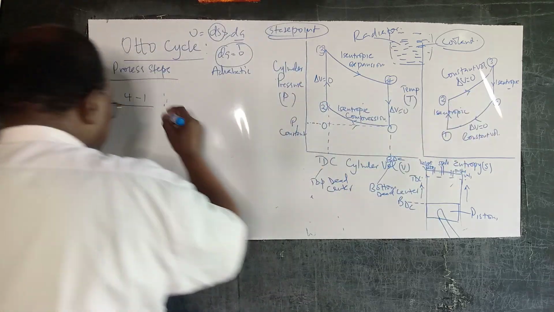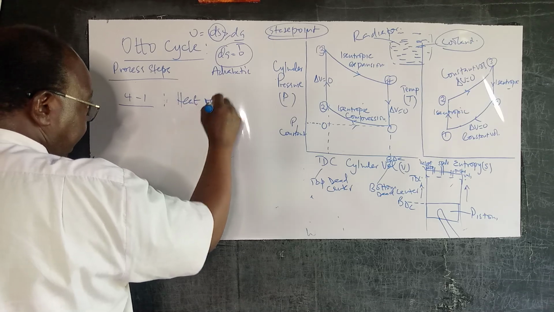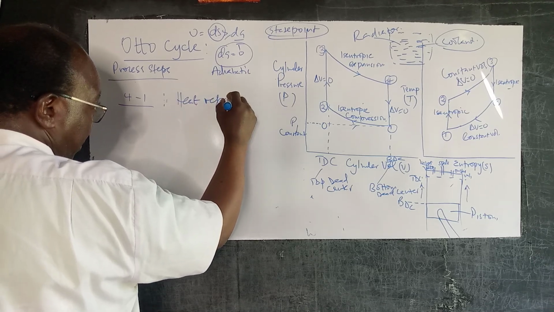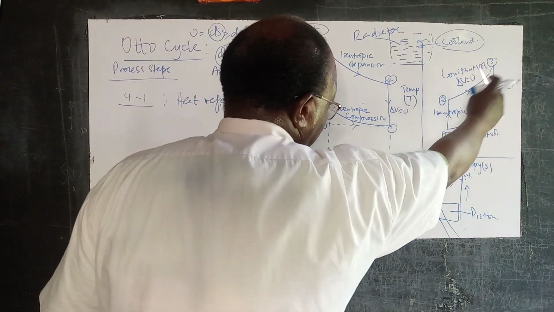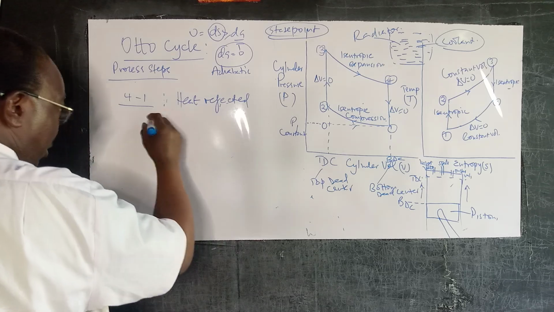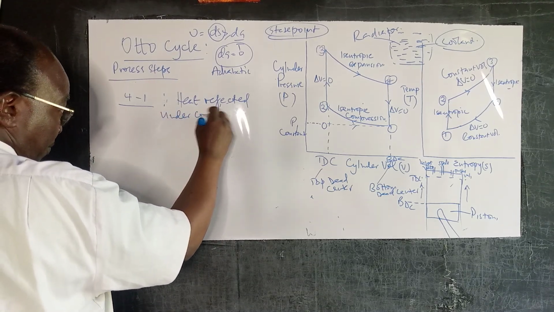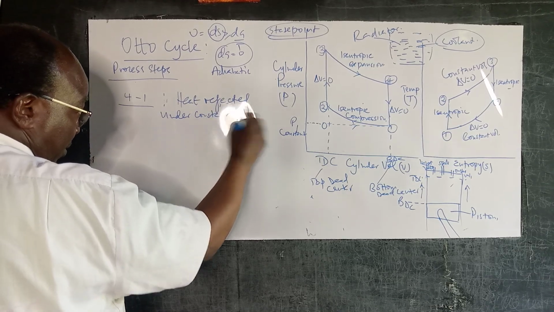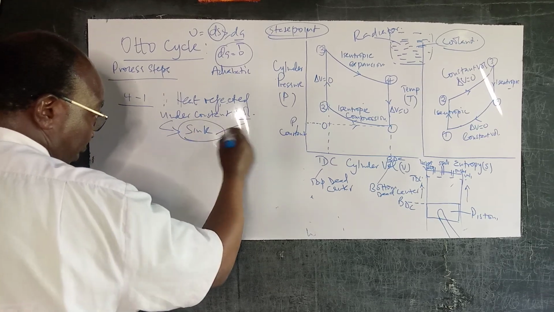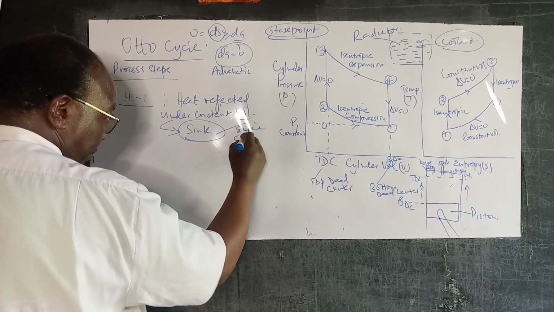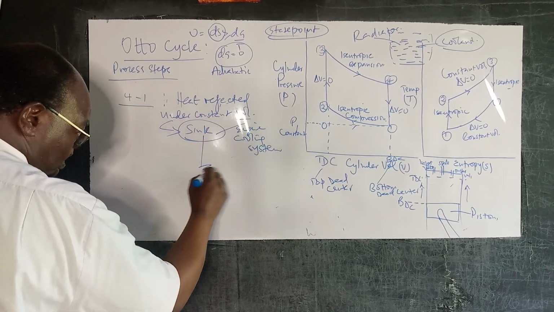So there's heat rejected at this particular point, at 41. That process occurs under constant volume. It's rejected under constant volume. And it can go to the sink, which can be the engine cooling system, or it can come out through the exhaust